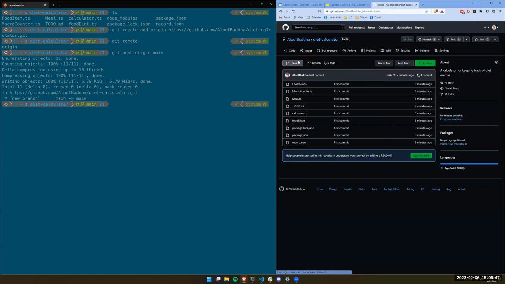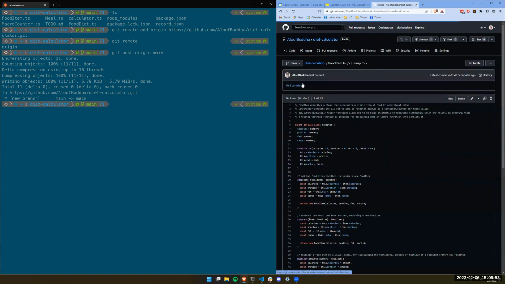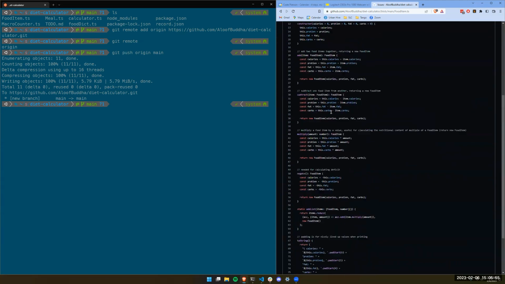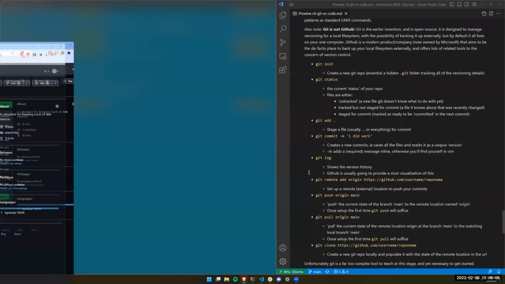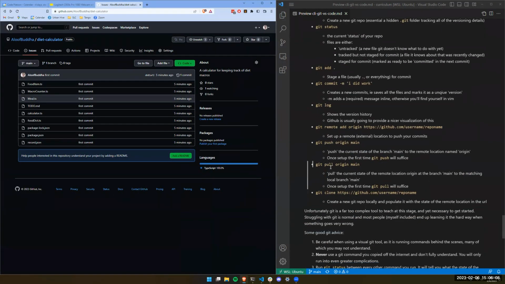And if you had more history or more branches, you can look at all your branches, and you could look at the history of this file and how things have changed. The effect's not obvious right now. But going back here, you'll see, okay, so I did push, but what about pull? Pull is when there's a change on the remote side and you need it locally.